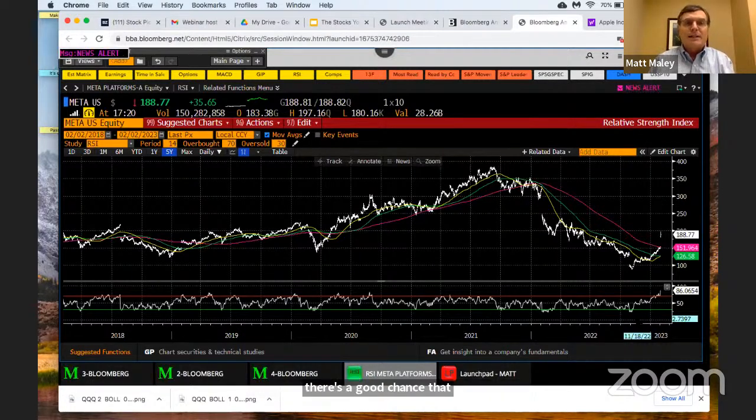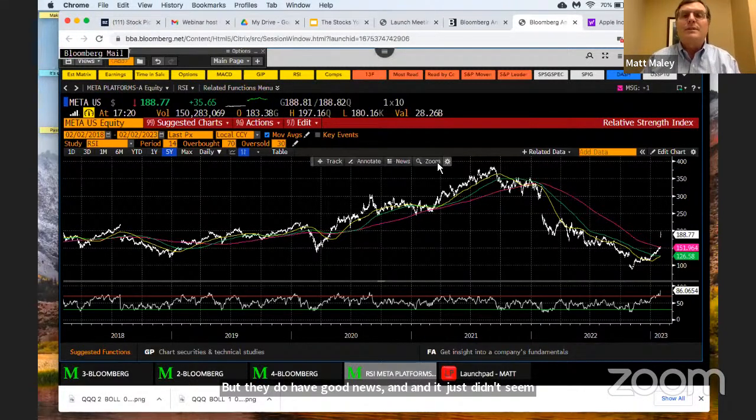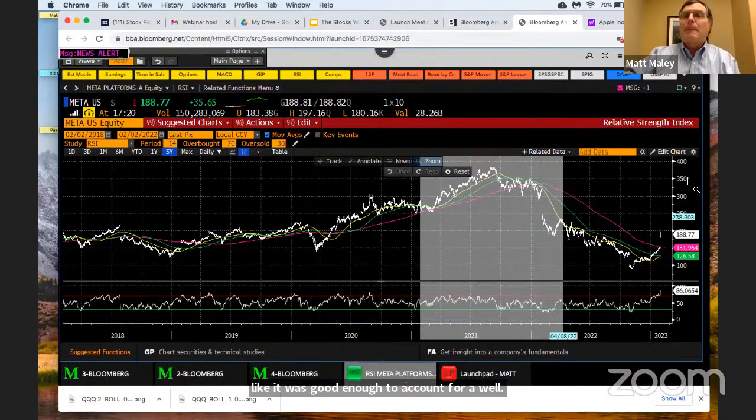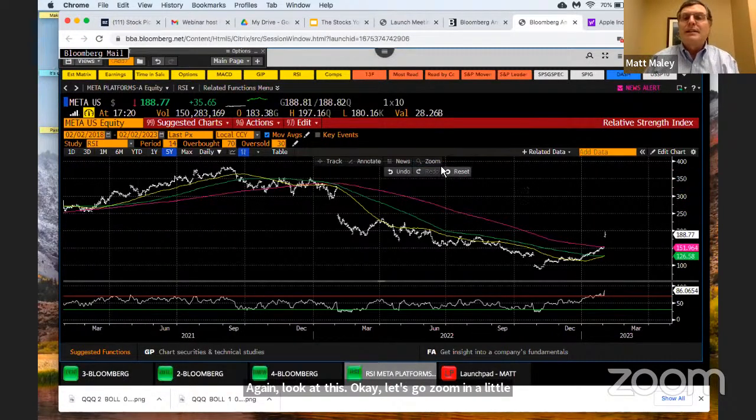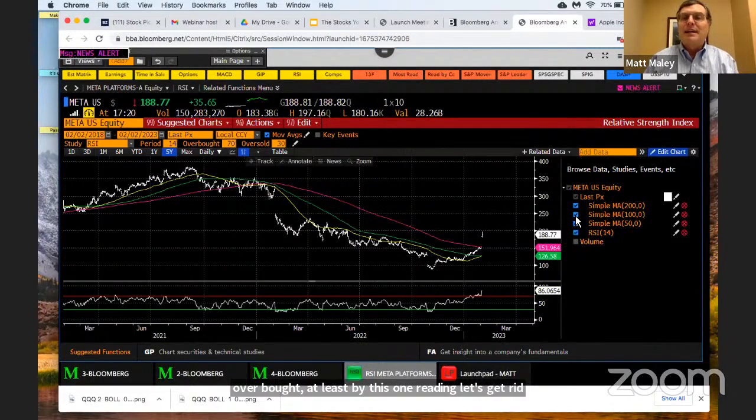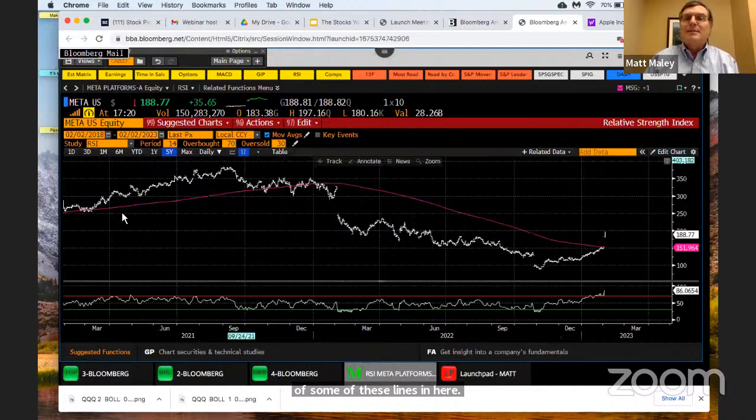And if the overall market gets hit hard, it's going to come down too. But they do have good news, and it just didn't seem like it was good enough to account for a... Well, again, look at this. Okay, let's zoom in a little bit. Boom. Okay, now here is a stock. Not only is it the most overbought, at least by this one reading, let's get rid of some of these lines in here. I'm sorry, it gets a little busy. But look at this. Okay, before their earnings came out,